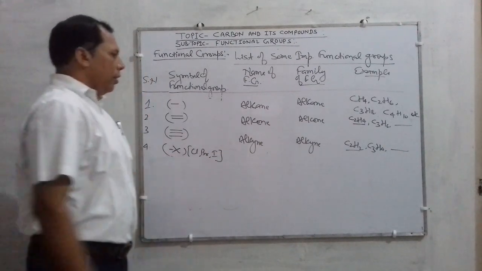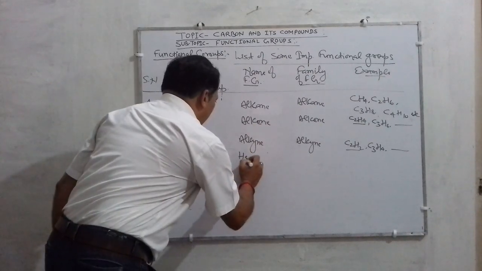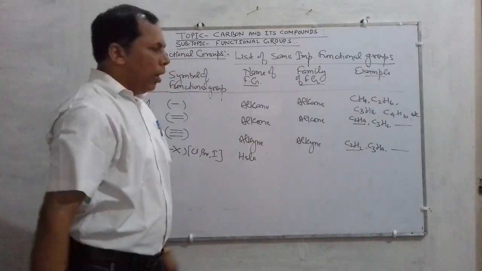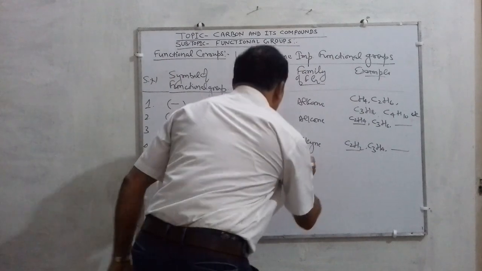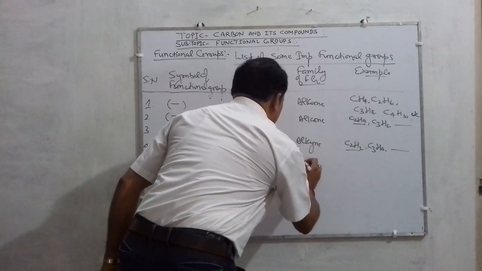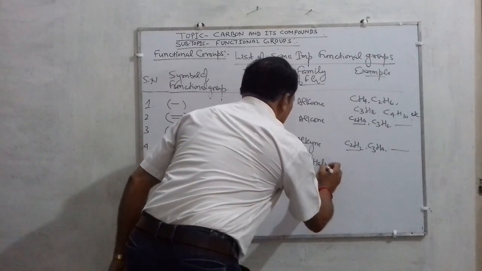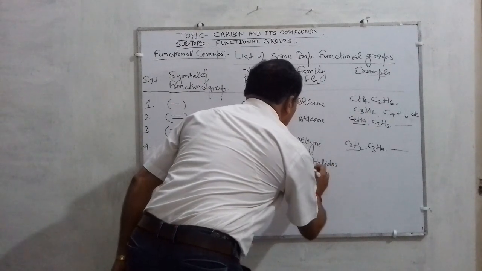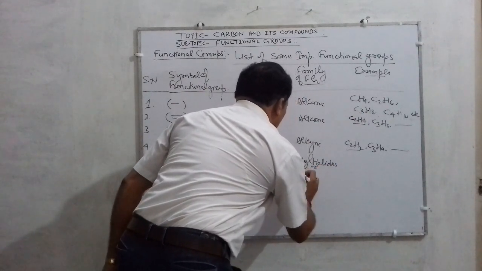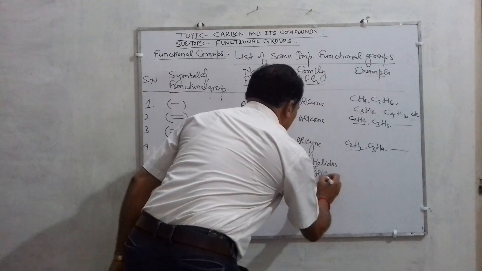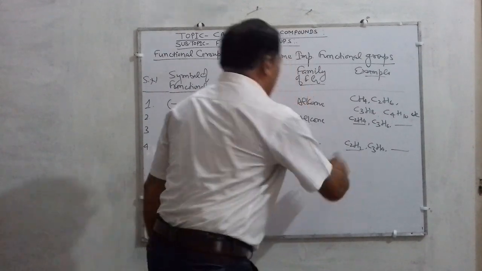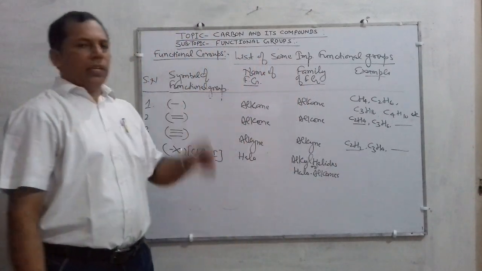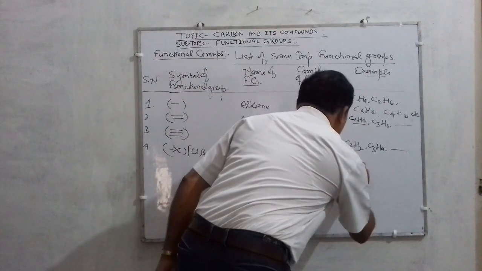This X is called here halo, and here called alkyl halides. Alkyl halides are also called haloalkanes. Must write and know sincerely. These are very essential, children. For example, write